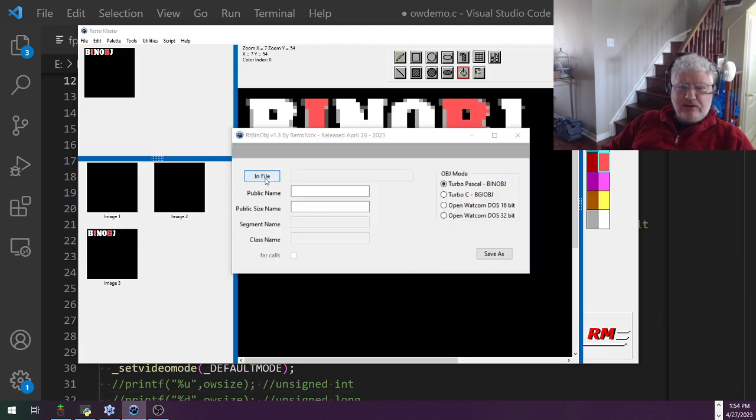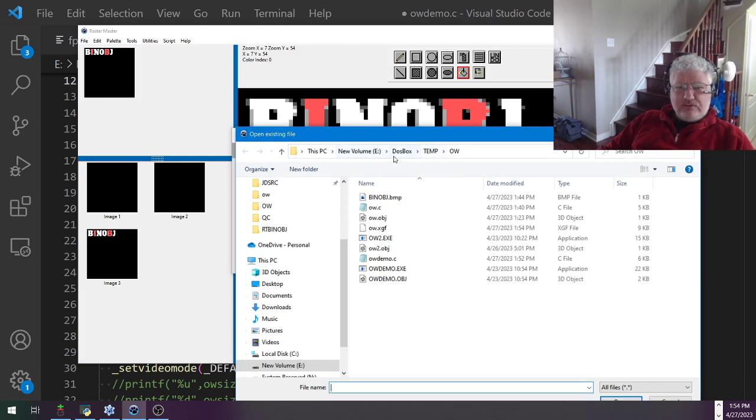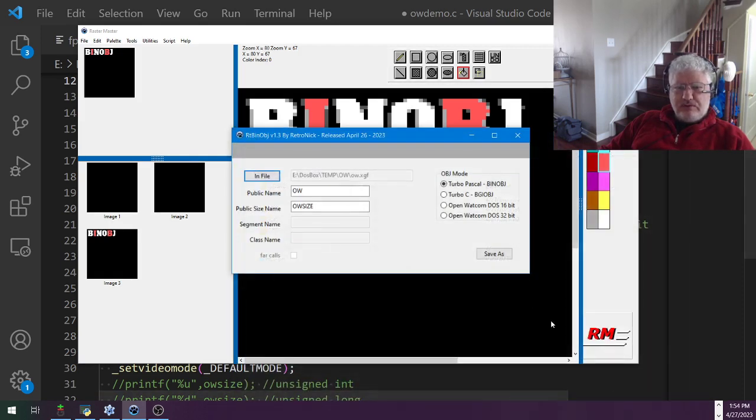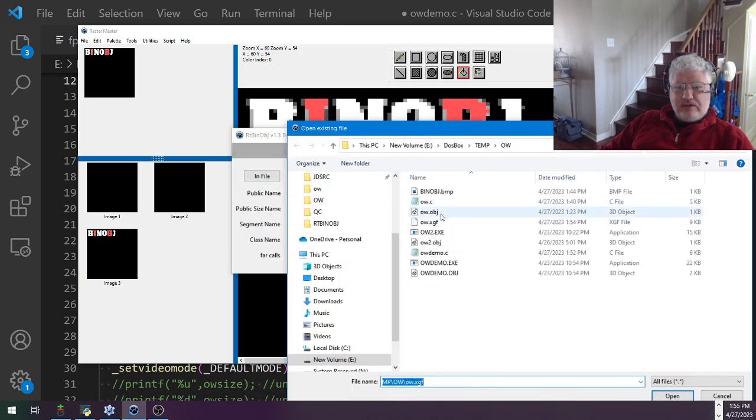So we're going to go in File, and we're in the same directory but from Windows, so it's under DOSBox temp OW. And I'm going to choose that file that I just saved or exported, this one, ow.xgf. Open it. Now I didn't choose Open Watcom, so I'm going to switch this again and re-import. You'll see that if we do it now,